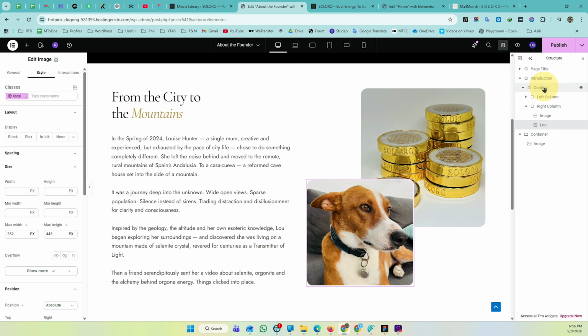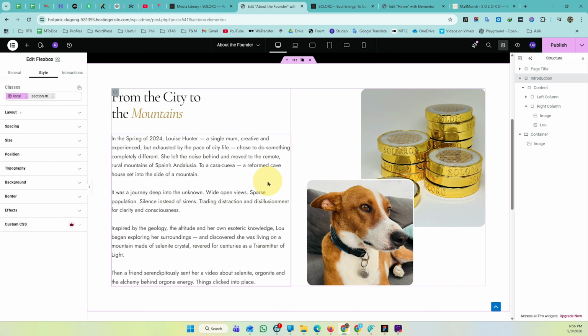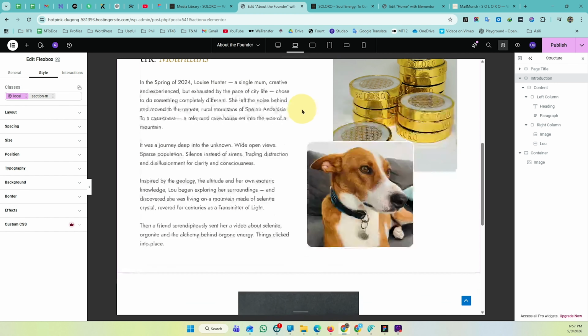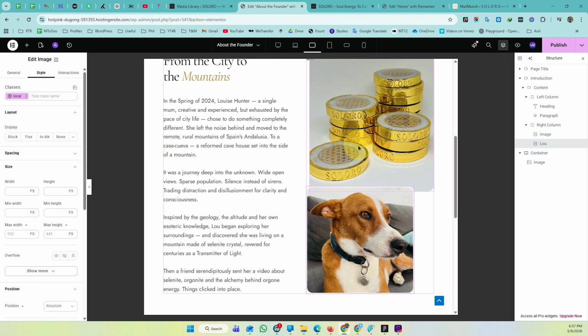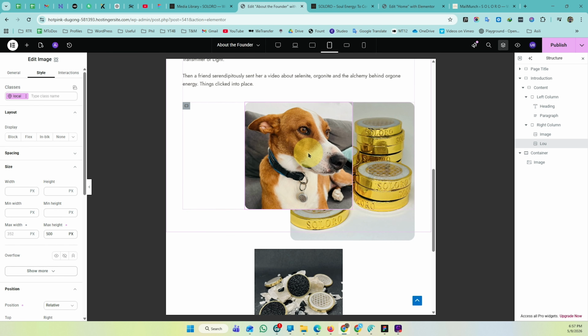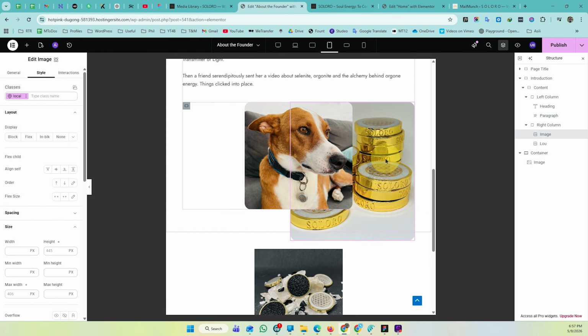So here you can see that I have a section built with Elementor V4, and here I have these two columns. And when we switch to different breakpoints, you can see that the images are overlapped, and until the mobile breakpoint they are overlapping together, and I want to hide this image on the tablet breakpoint and also on the breakpoints that are below tablet.